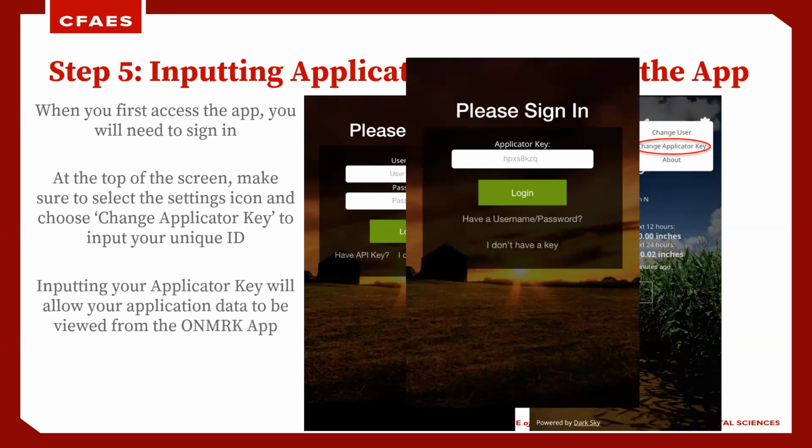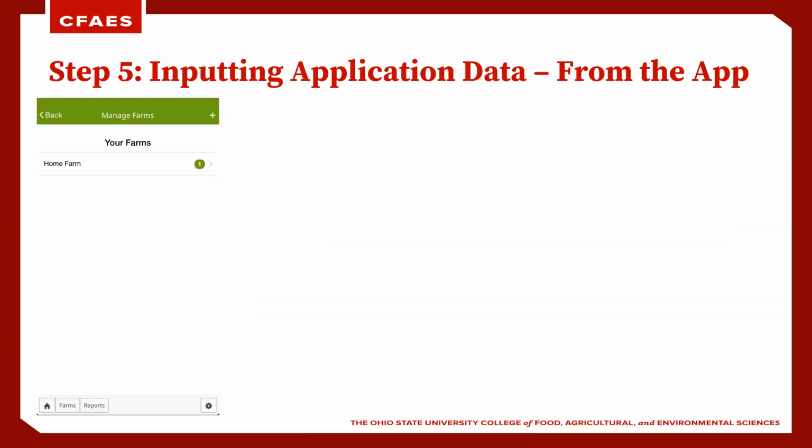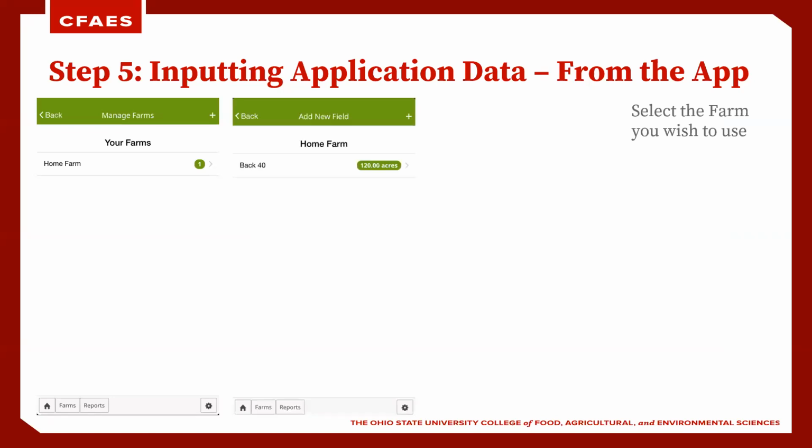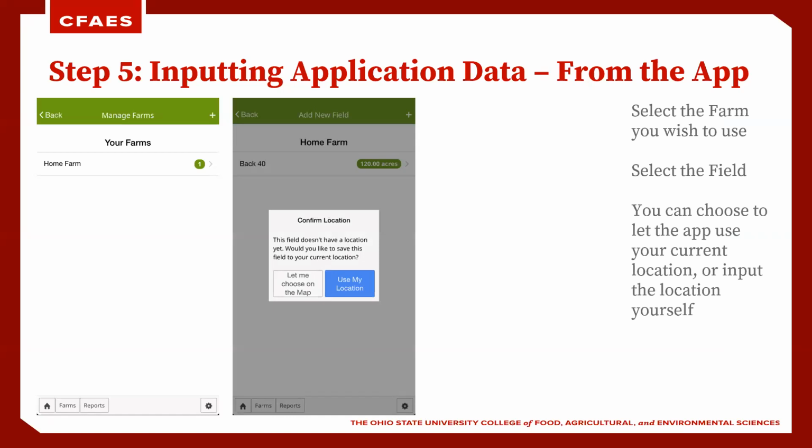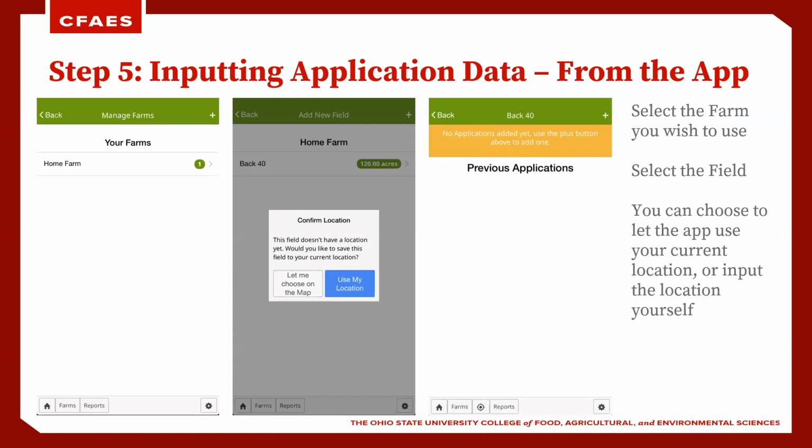in the OnMark website. So from the app, you will select the farm that you wish to use. So in this case, we have home farm. And then you select the field. And then you can choose to let the app use your current location. So if you create a farm from the field or create a field from the field, you can use your current location, or if you're just down the road or if you're at your house, you can choose it on